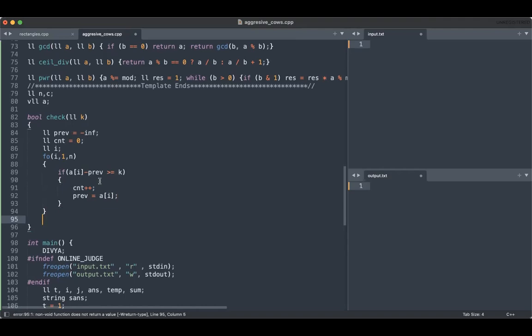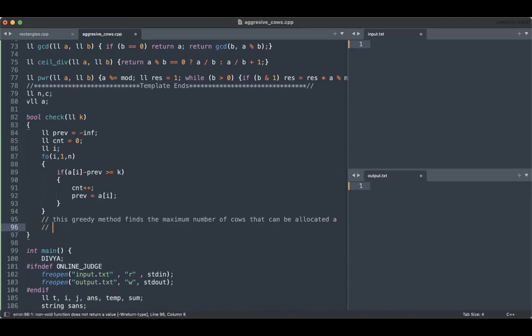So essentially using this greedy algorithm, I'm finding the maximum number of cows that can be allotted. So this greedy method finds the maximum number of cows that can be allocated a location.